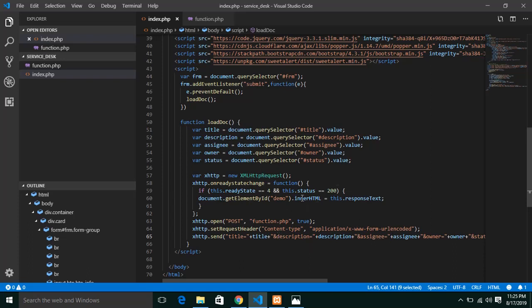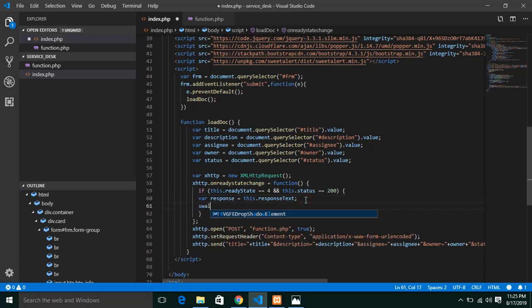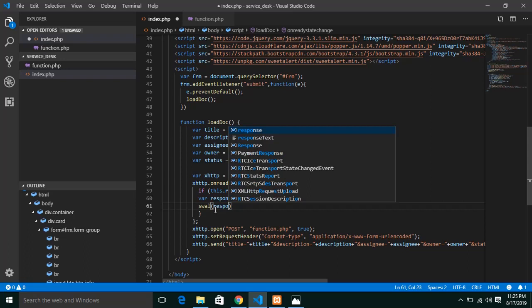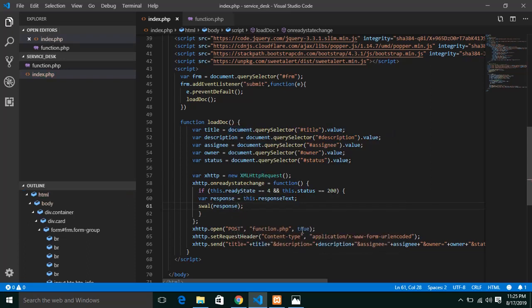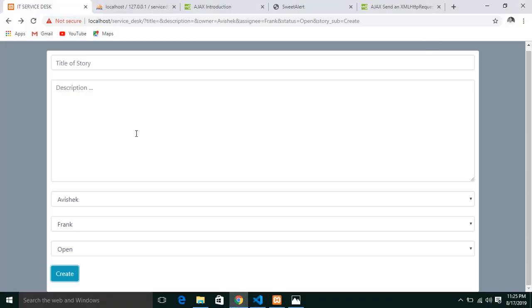and once we have the result, what we will be doing is we will be storing that in a variable response, and will be alerting that. So this is nothing but the SweetAlert syntax. We'll have the response, and let's see if that works. So let's refresh the page, let's give new user request, and just for now we just give this particular thing over here and just create,